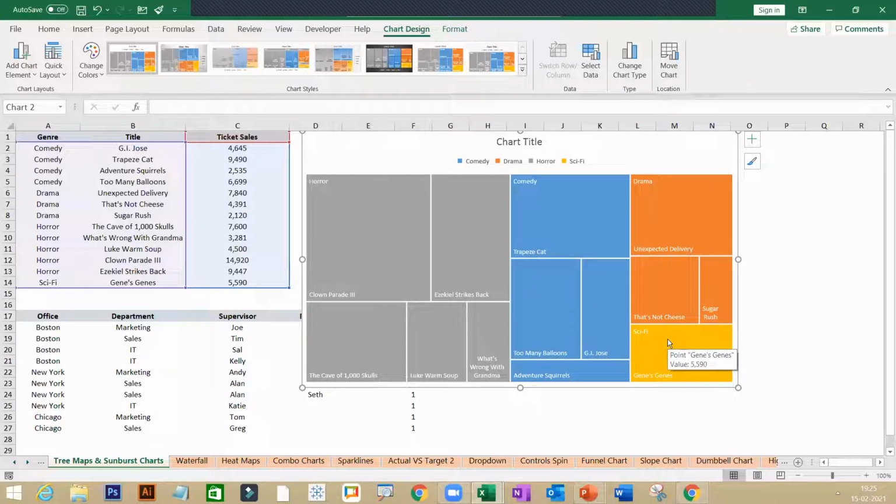Now that you have this, you can easily understand what is the proportion of one genre in terms of ticket sales as compared to the whole. So here you have horror. You can see that's the biggest, almost 45-50% of your data. Then you have comedy, then you have drama, and then you have science fiction. Now,